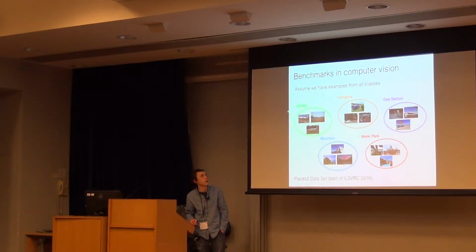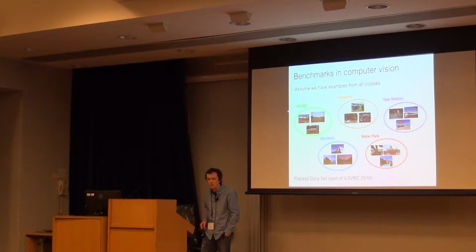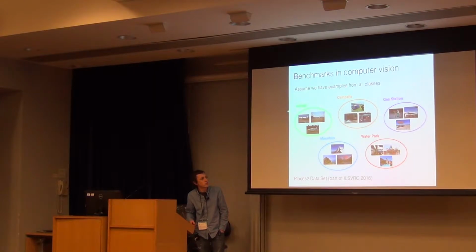So here's an example from computer vision. Some classes from the Places2 data set, which is drawn from the ImageNet 2016 challenge. The idea here is at training time, you get a bunch of different examples from these particular labeled classes. And again, they're places, so airfield, campsite, gas station, mountain, water park, etc. And you're going to train your classifier to distinguish between these different classes. And then at inference time, you're going to get examples from these classes again, but different examples, not examples from the training set. And the good news is you don't have to worry about anything that doesn't come from outside